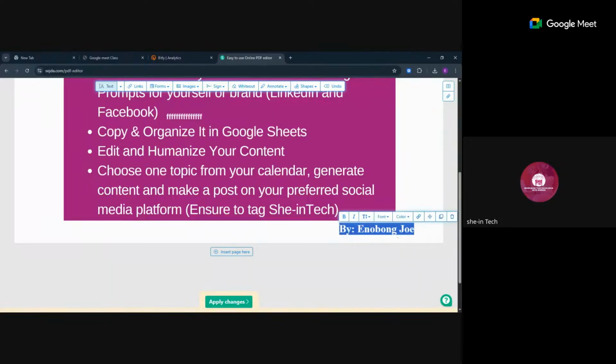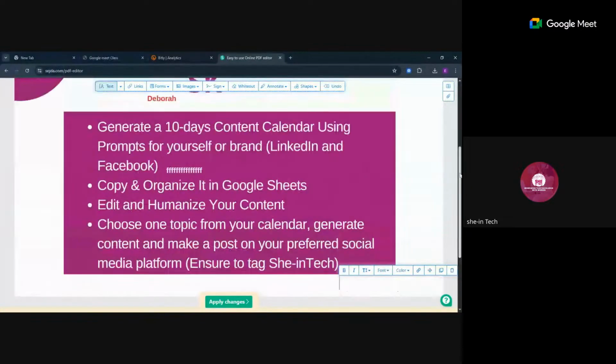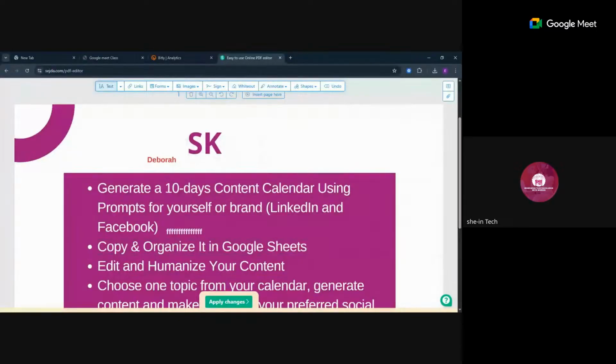So for instance, maybe I want to edit this and put another name. So I can just come here and click it. Or maybe I want to wipe it off. I can just edit it. Once you're done editing the documents to fit whatever you want,